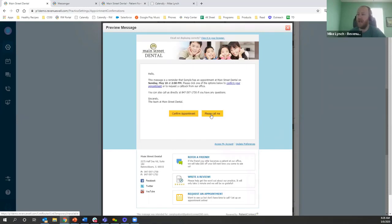Now, if a patient has a question or clicks this button, please call me, what it does is alert your office. You get a little alert in RevenueWell, and it's going to let you know that this patient's requested a call. Now, they might have a question. They might have a reschedule need. Especially with COVID-19, I anticipate that button's going to be used a lot because I might want to know,